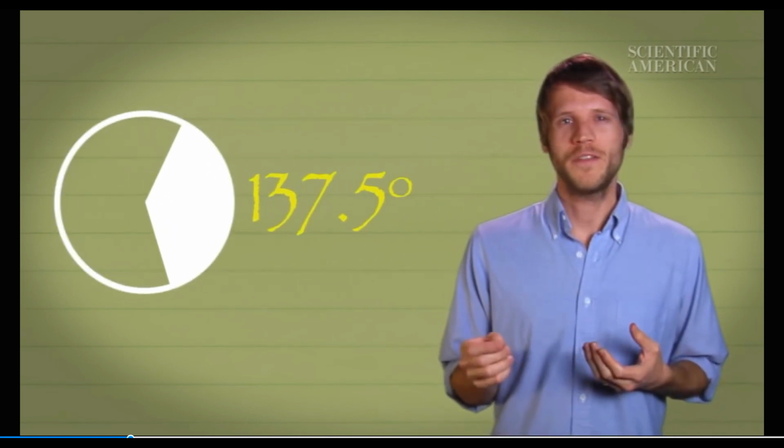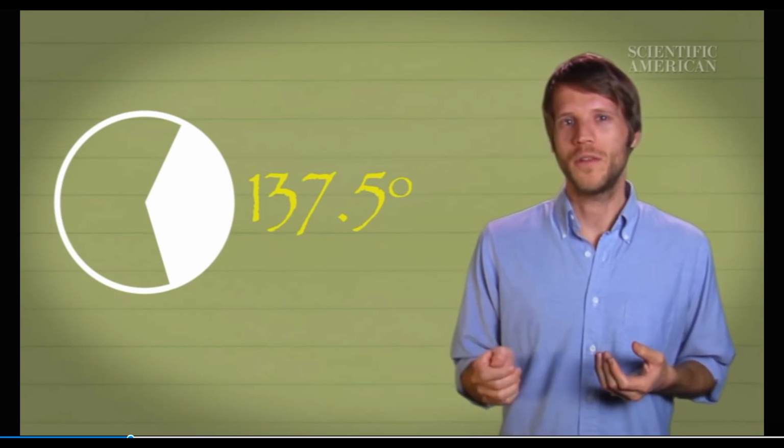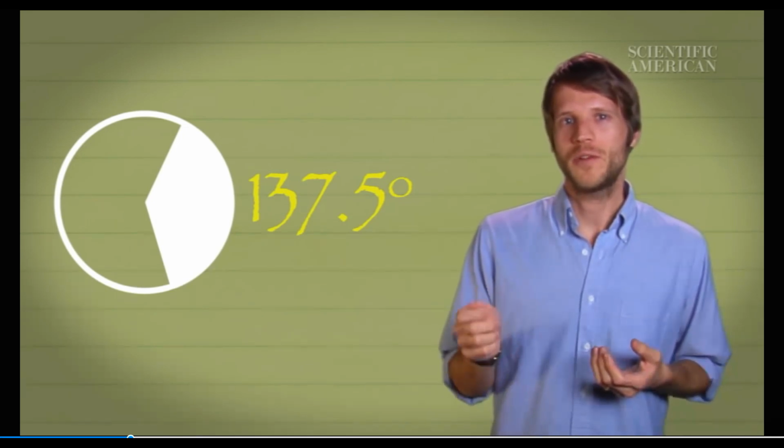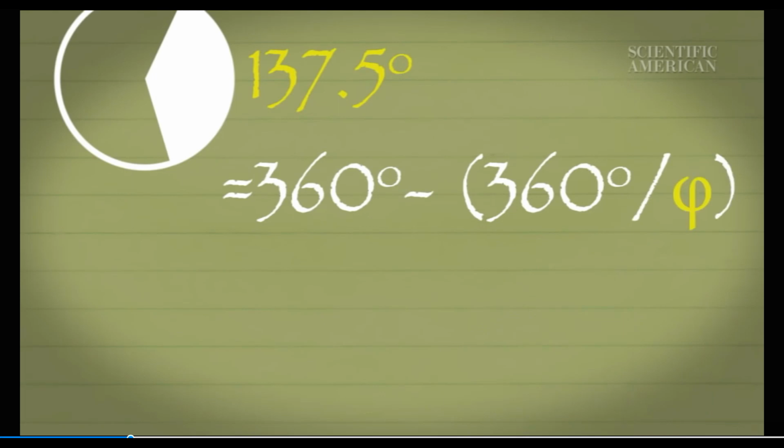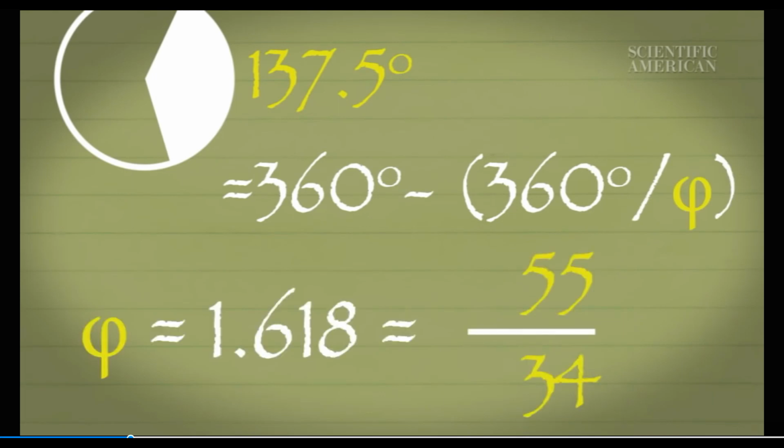Amazingly, 137.5 degrees is a well-known angle called the golden angle. It's famous for being derived from a number called the golden ratio, or phi. The golden ratio is closely related to the Fibonacci sequence. Take any number in the sequence, divide it by the one that came before, and voila, a good approximation of